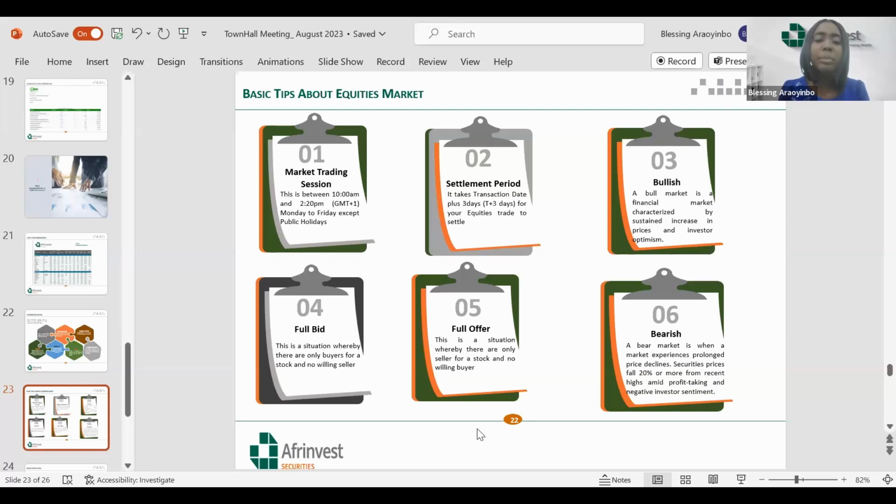Now, full bid is a situation whereby there are only buyers for a stock and there is no willing seller. So everybody wants to buy, full bid. Everybody's bidding for the stock, highest bidder. Everybody wants to buy the stock, right? And nobody is willing to sell. So in case you come to the app and you say,